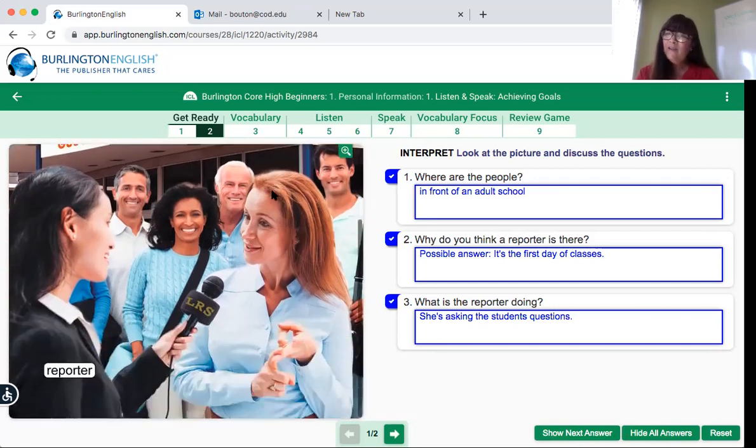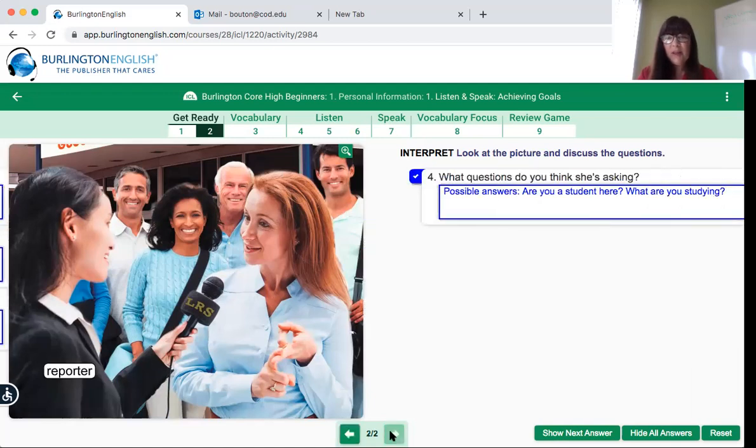Well, it might not look like that today because today most students across the United States are working at home on a computer, okay? What is the reporter doing? She is asking the students questions. I wonder what kind of questions she's asking.